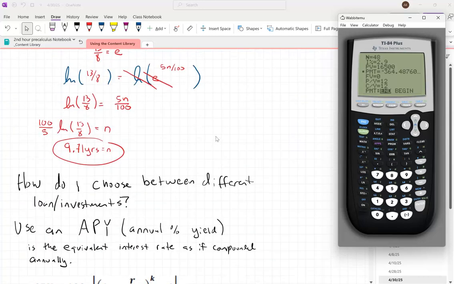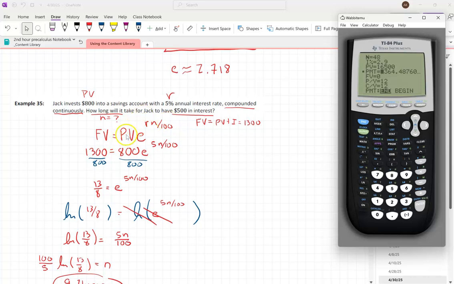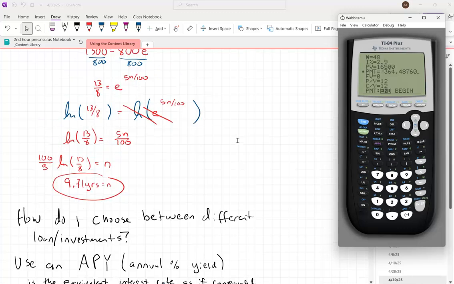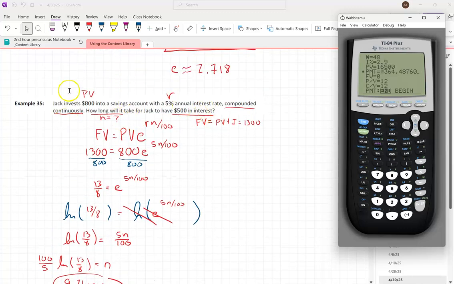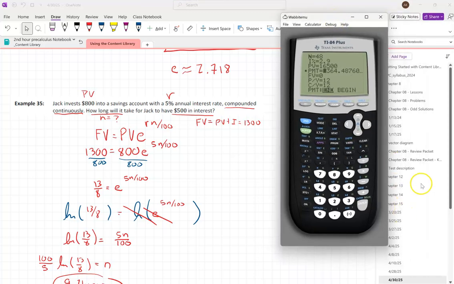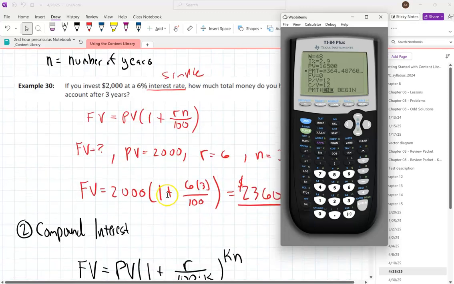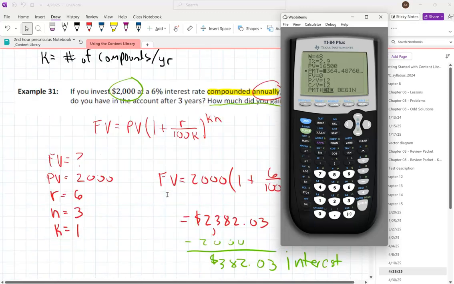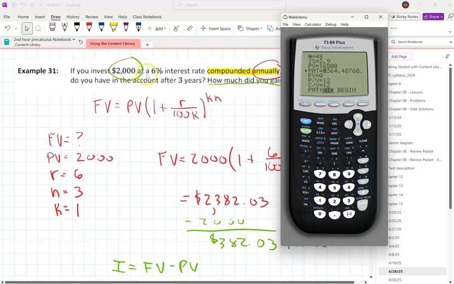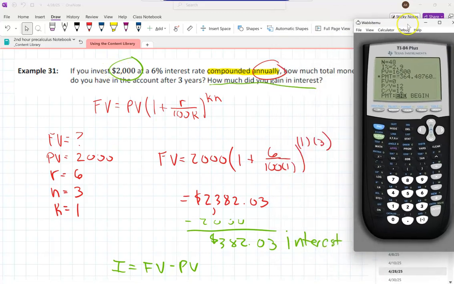What if we wanted to do, well, we can't do the E problems with this because it doesn't do the infinity. But what if we had the same kind of problem? Oh, no, let's just go back to yesterday's. Or not yesterday, but you know what I mean, the last classes. So if I wanted to do this guy,